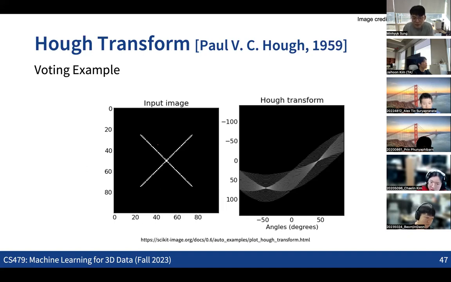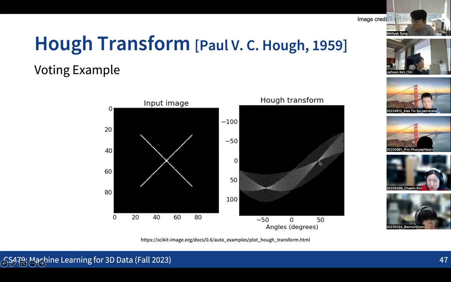The line parameter space has the x-axis representing the slope of the line, and the y-axis representing the y-offset of the line, right? So we accumulate all the votes by randomly taking the samples, the pairs of points, and then see where the votes are accumulated, concentrated.